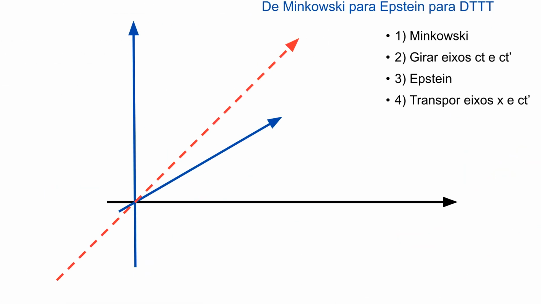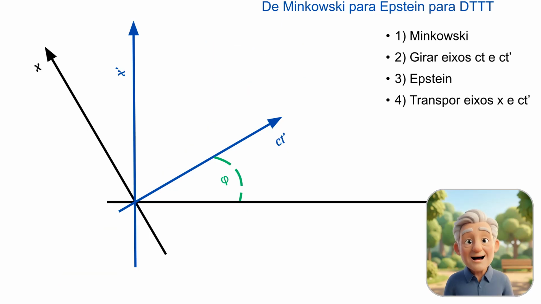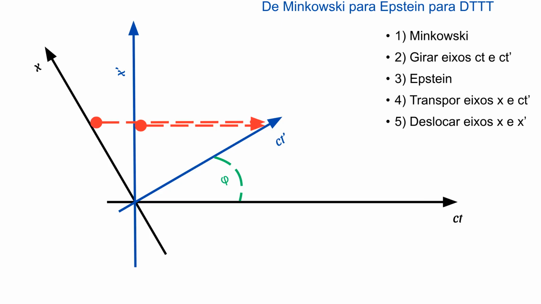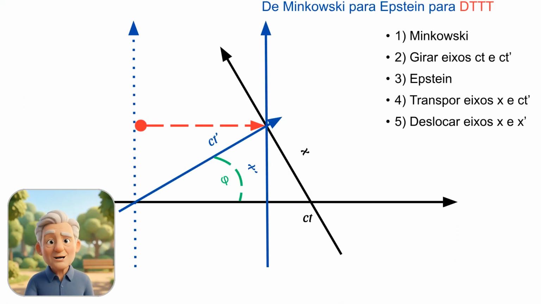Continuing our process, we now transpose the x and x prime axes to refine our visual model. We then proceed to displace the x and x prime axes, a critical step in building the TTT diagram structure. By finalizing these geometric shifts, we arrive at the TTT diagram, designed to offer a new perspective on the twin